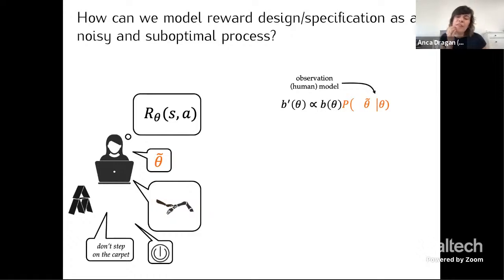Basically, the question is, how do you mathematically capture this process that makes the designer not end up with the right theta as they're trying to specify the theta? It's in their head, so why are they specifying theta tilde? Why are they giving us theta, right? What goes wrong there? I thought about this for a while, and it's not that you take your true theta and add some Gaussian noise and that becomes theta tilde. It's not as simple as that, right? There are some actual systematic errors that might happen as you're trying to design a reward function.